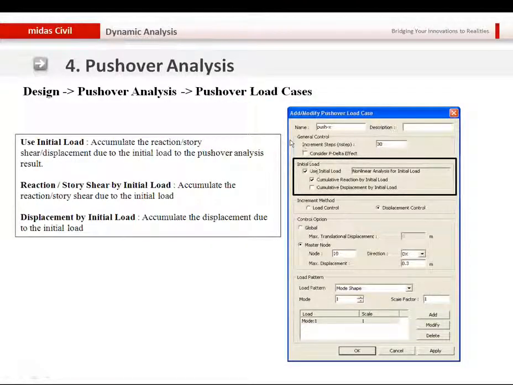Now let's talk about the pushover load cases. If I go to design, pushover analysis, pushover load cases, I can see several options which the user can specify for the pushover analysis. Here the user can consider the P delta effect, which is very important for the pushover analysis, because if we have vertical loads and the structure deflects in the positive X or the Y direction, then there is an additional moment at the base of the structure,